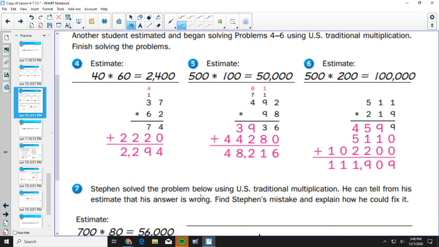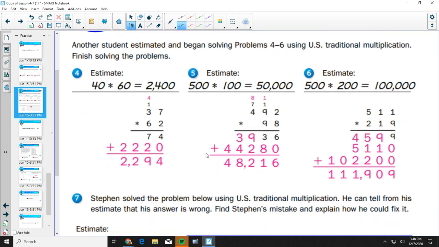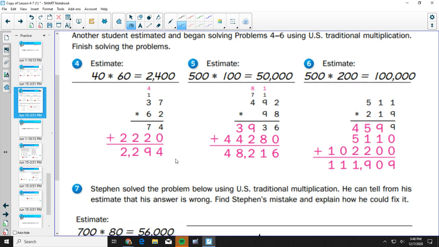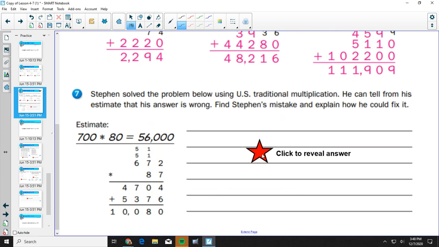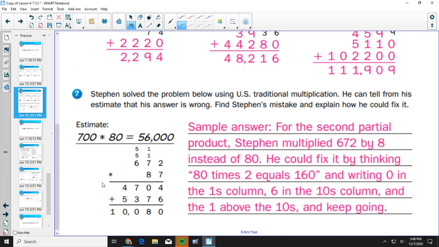And I suggest that if you found that you had any difficulty doing numbers 1 through 6 on page 132, to ask your teacher to provide you some examples of thought process with multiplying multi-digit numbers during one of your sessions. And number 7, taking a look at that, a sample answer would be for the second partial product,